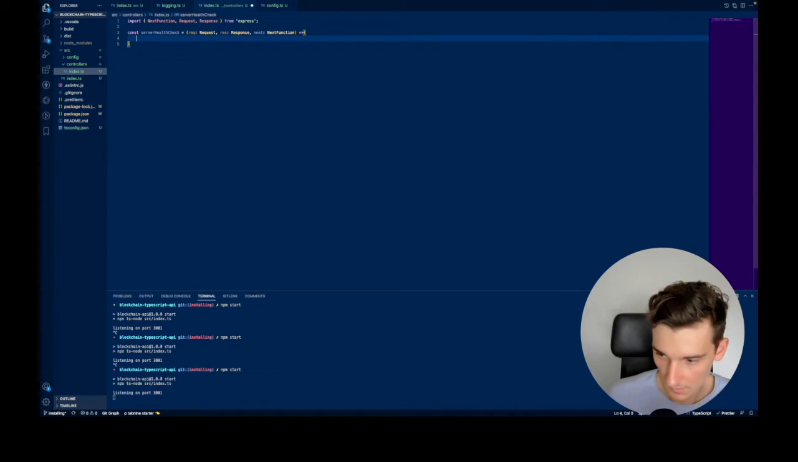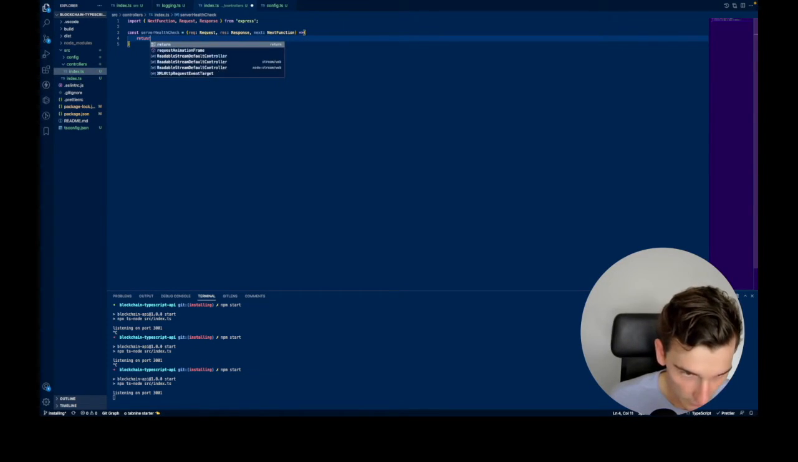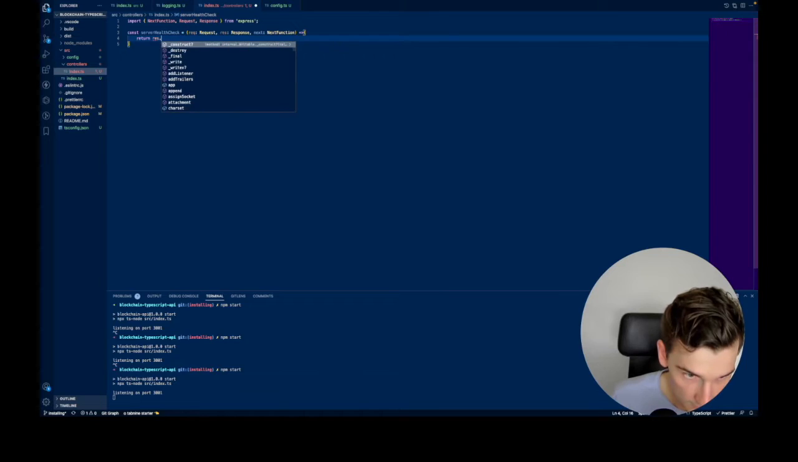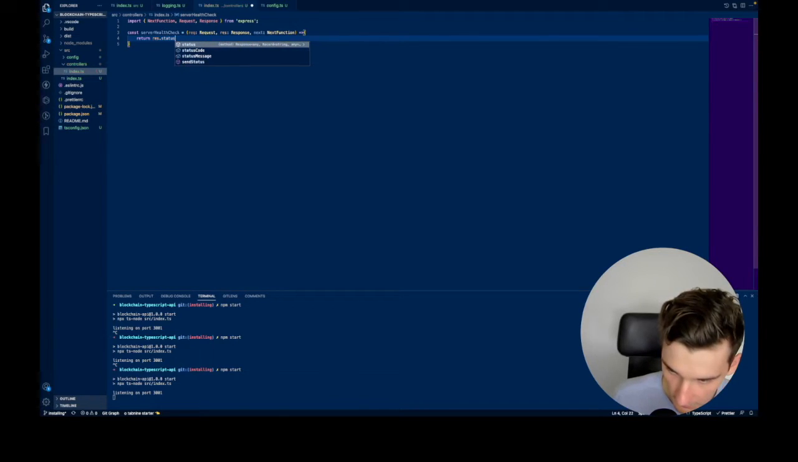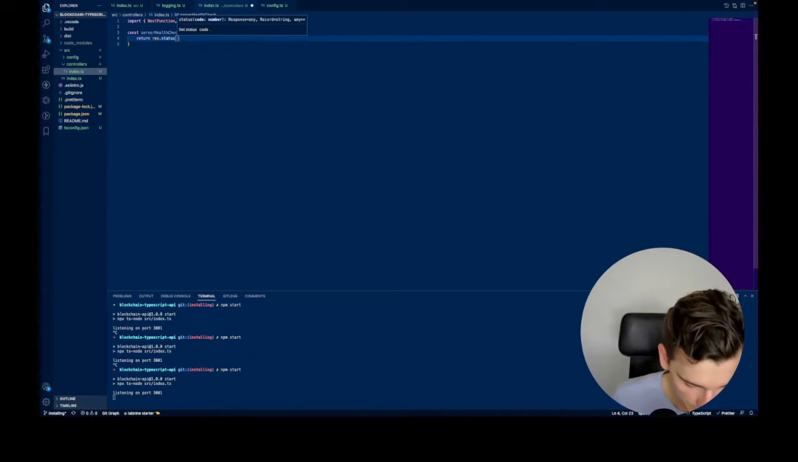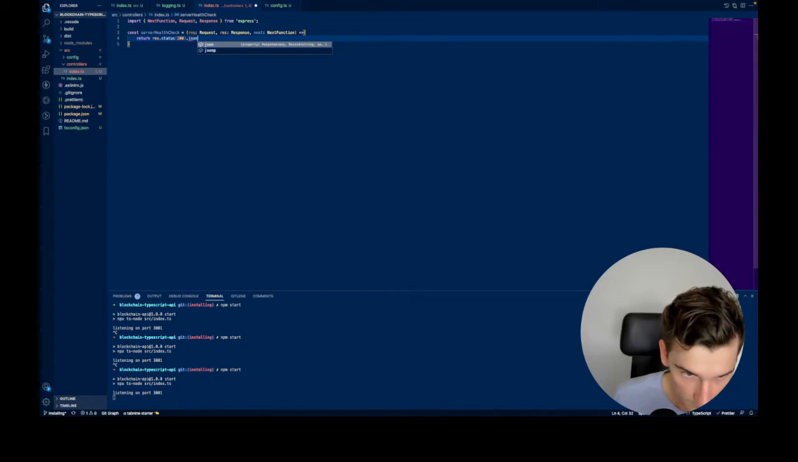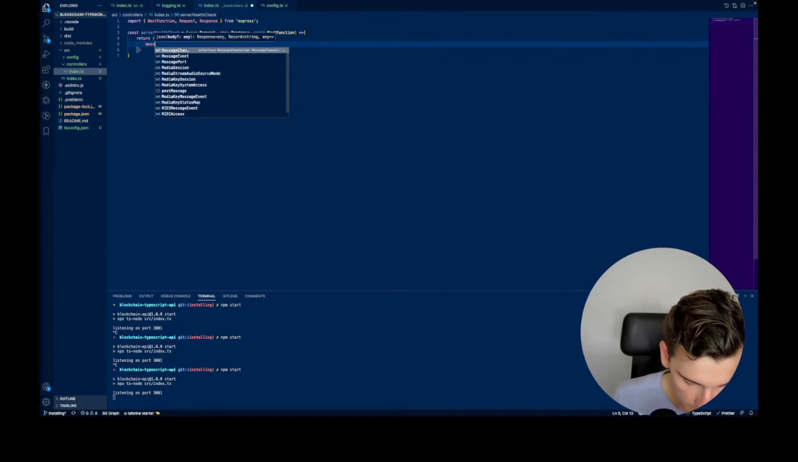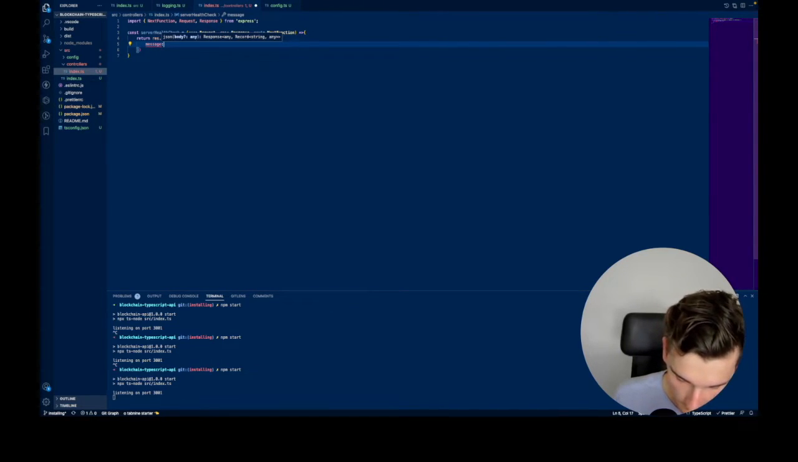So the body of the function will return response status 200 and JSON object message: server running. Okay,